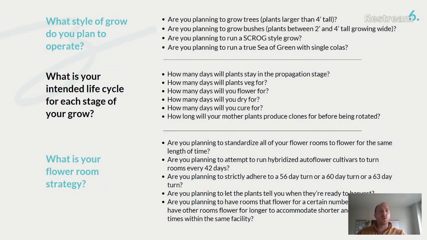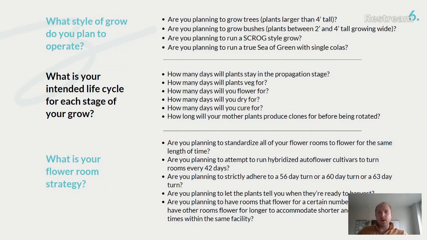But basically, let's just say we're going to be flowering for 8 weeks, a standard of 8 weeks in every single room. I would want to have either 2, 4, 8, maybe 16 flower rooms, some multiple or proportion of 8, so that I can make all of my processes, both upstream and downstream, as simplified as possible. Watch that video. I go into a little bit more detail, and I want to keep moving for everyone's sake today.